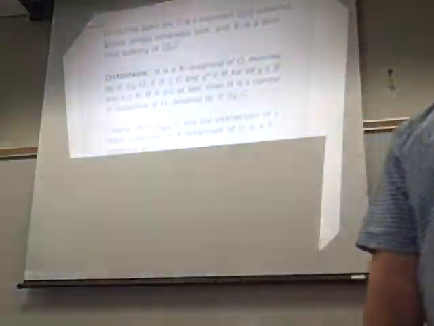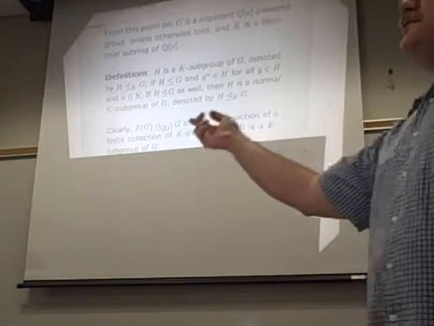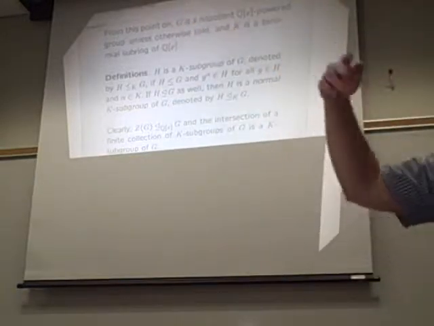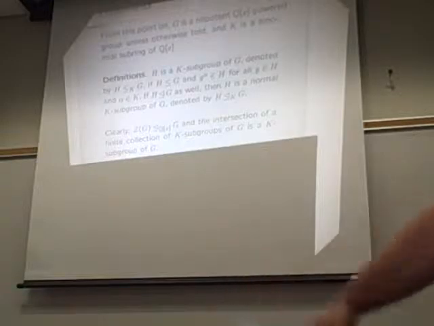For example, after playing with the axioms for a couple of minutes, you could verify that the center of a group, Z(G), actually is a normal QX power subgroup of G. You can do that easily once you play around with property number 2. Because if you take h inverse g h to the alpha, it distributes in. So that gives you that. Also, the intersection of an infinite collection or a finite collection of K subgroups is a K subgroup. I was looking on the bus on the way here and I said, wait, it doesn't have to be finite. It's stupid. You could have any collection, any family of K subgroups, and it works.